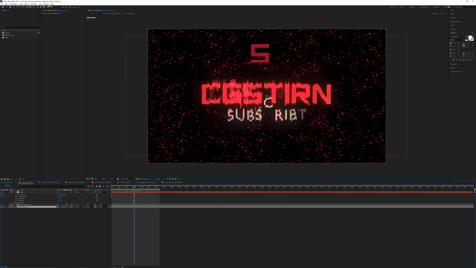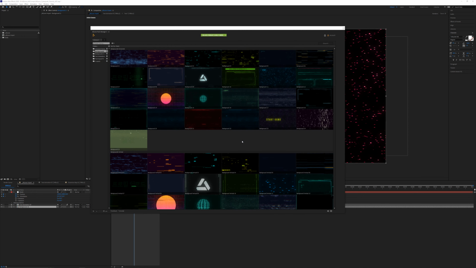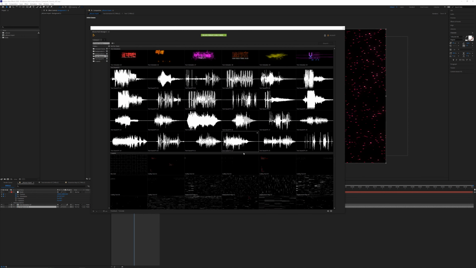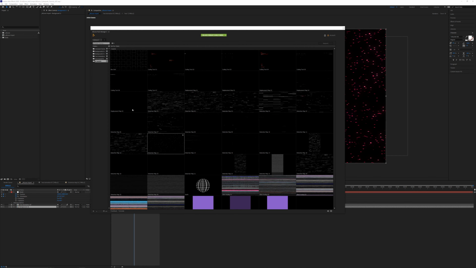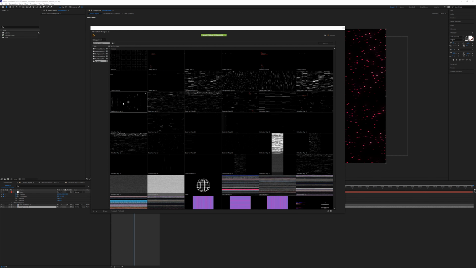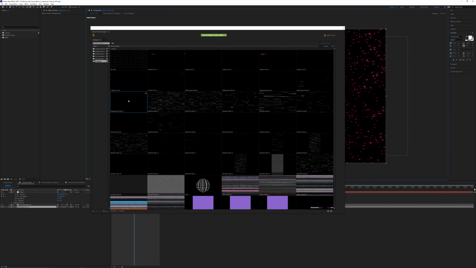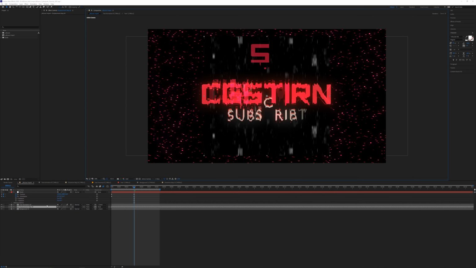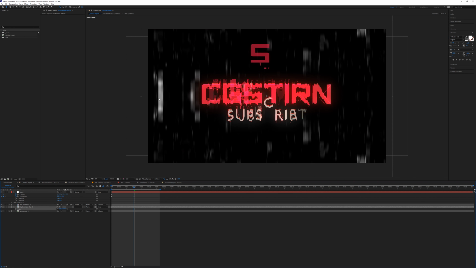So let's go back to the pack manager and then we're going to scroll down and we're going to use one of these mattes here. So the one that I like and I think would work the best for this is this displacement map 5. So let's double click that and then I'm going to close this. And because this is just a matte, I'm just going to scale this up. It doesn't really matter that we're losing a little bit of quality, but we don't need this to be super sharp, so it doesn't really matter for this.